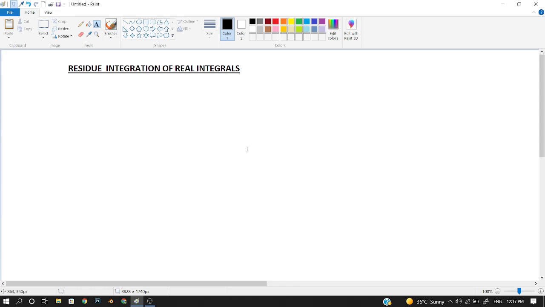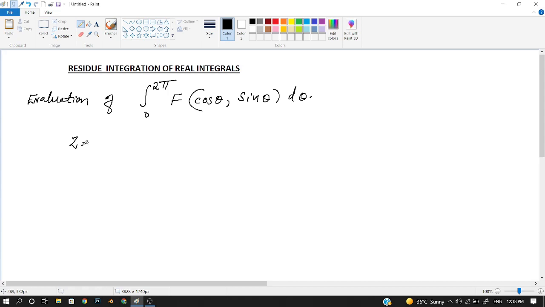Integration of real integrals. Now here we can consider the evaluation of integrals of the form integral 0 to 2 pi f of cos theta, sin theta d theta. In such integrals, we use the substitution z equal to e raised to i theta,